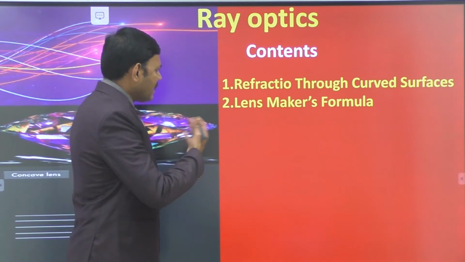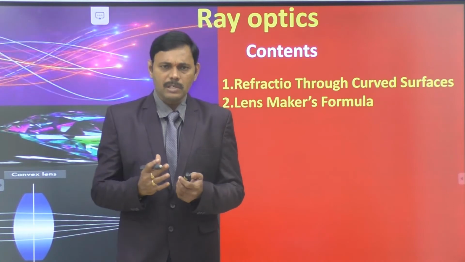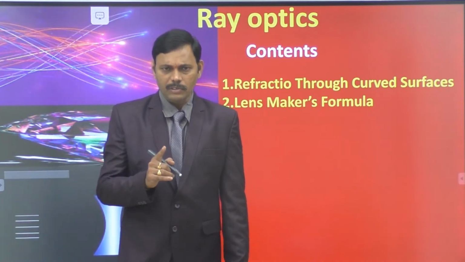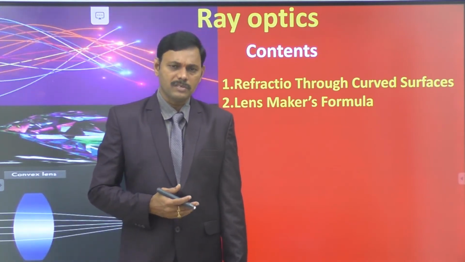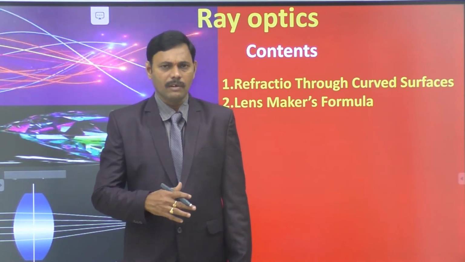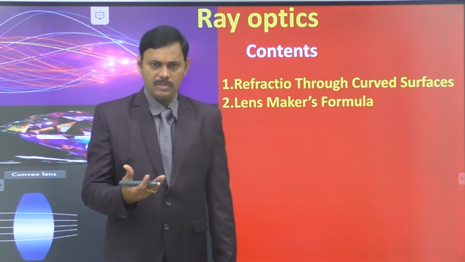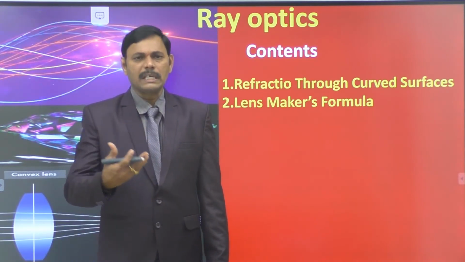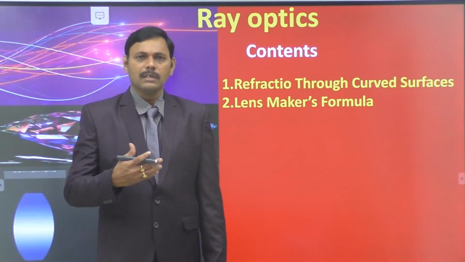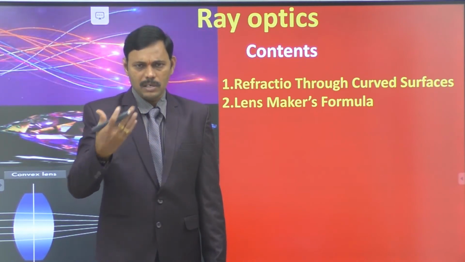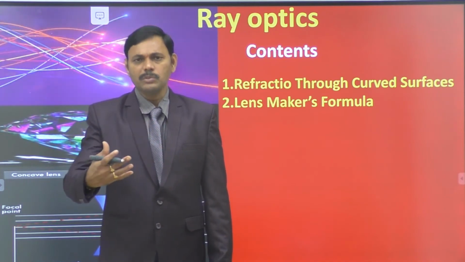Next one, lens. Any transparent medium having two boundaries, out of which at least one is a curved surface, is known as a lens. Generally we discuss lenses in two ways, convex lens and concave lens. In our day-to-day life, for clear visibility, we take the aid of lenses. As spectacles, we use lenses. In cell phones, so many lenses are used in cameras. In video and photographic cameras also we use lenses. So everyday life is accompanied by the use of lenses.